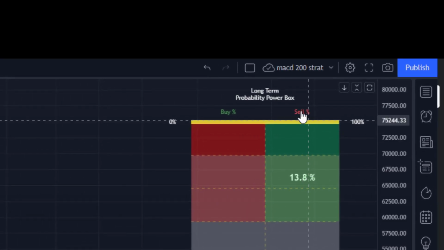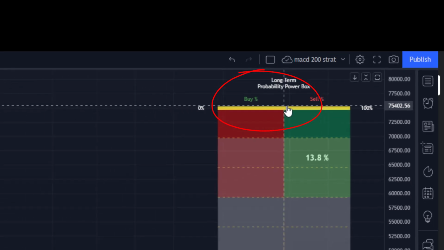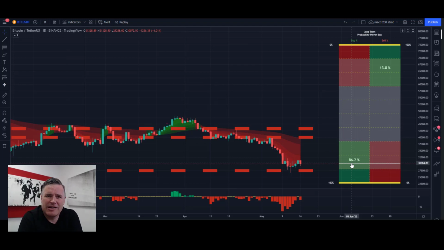So we've got this thing called the long-term probability power box, and it's working out through its algorithms the percentage chance of the price moving up or down from wherever the current price is at the moment. So it's saying that with Bitcoin here, it's got an 86.2% chance of moving upwards. So you're now going to go, okay, well, I'm going to go into my broker account and just buy all the Bitcoin I can. Well, if you did, you're going to probably lose, because it's more than just this. It's marrying it into the other tools within it to create, like I said, the ultimate type trade